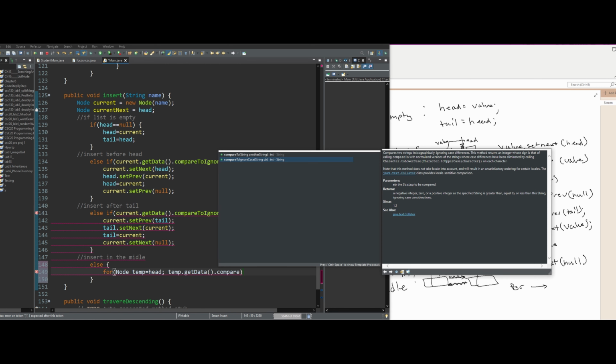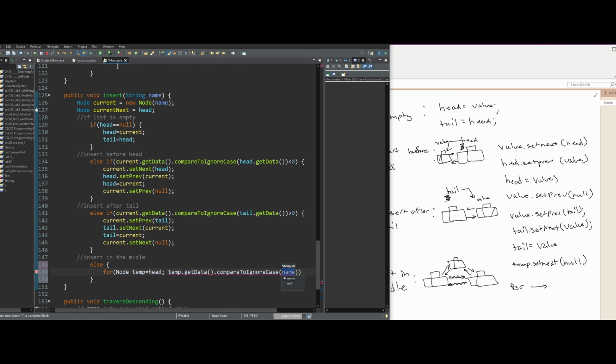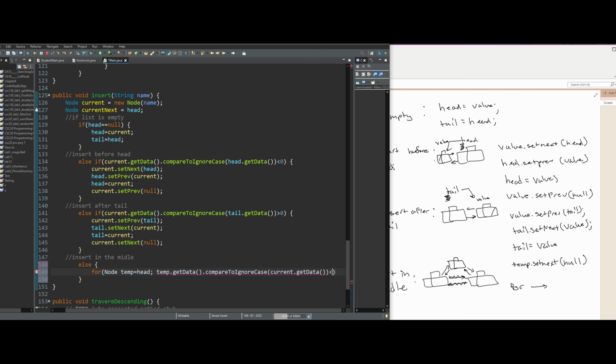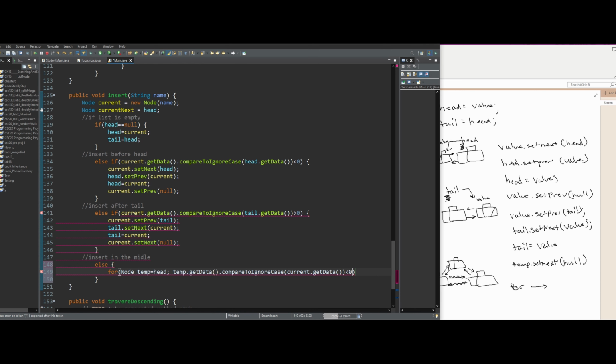So what we are going to do is do the dot compare to ignore case. We're then going to pass in our current dot get data. So we're going to get that value. And again, we are running this as long as it is less than 0. And if it is less than 0, again, that means that this value has to be smaller than this value. Once this value is greater than this value, we know we have to break out and add it before this value. So we are going to cap that there,